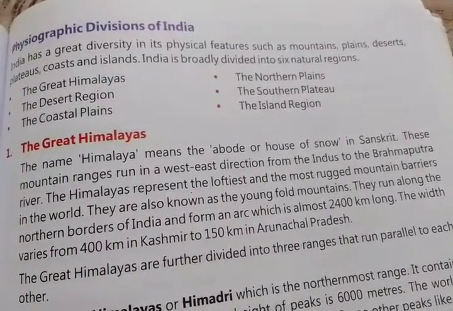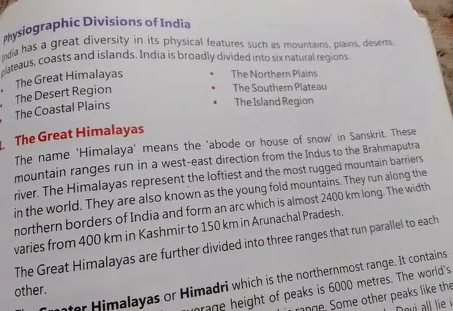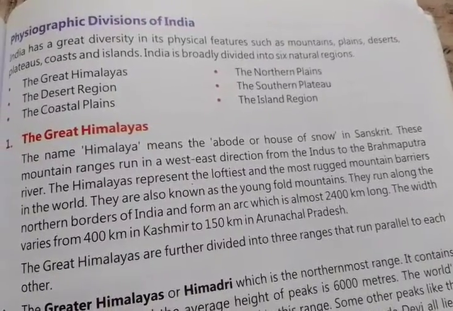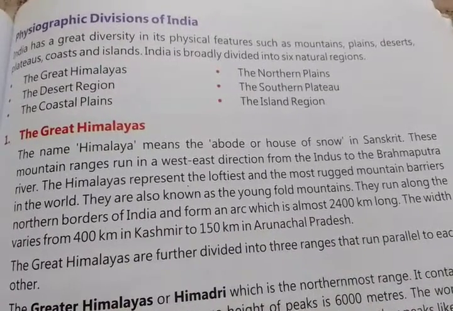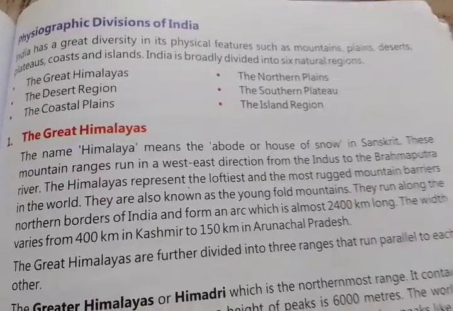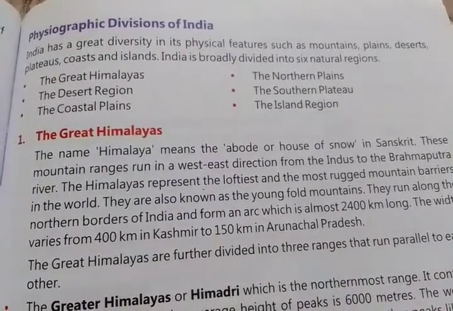India has a great diversity in its physical features such as mountains, plains, deserts, plateaus, coasts and islands, and India is broadly divided into 6 natural regions. Always remember that India is divided into 6 natural regions, and the natural regions are: number 1, the Great Himalayas